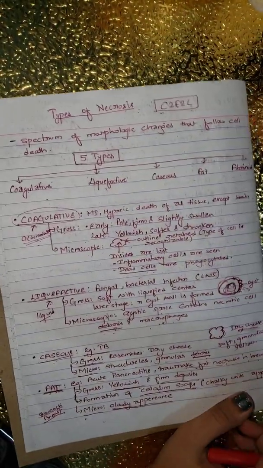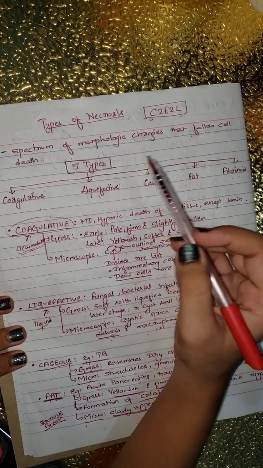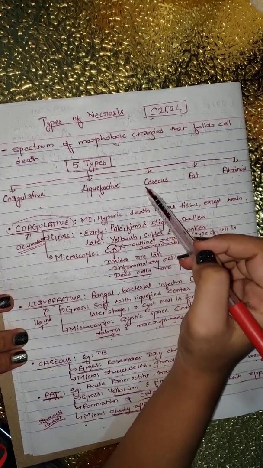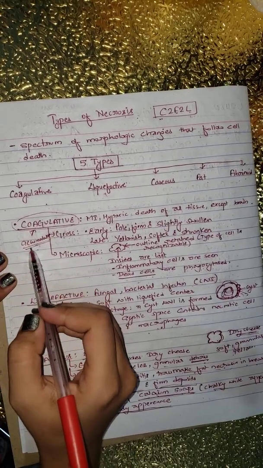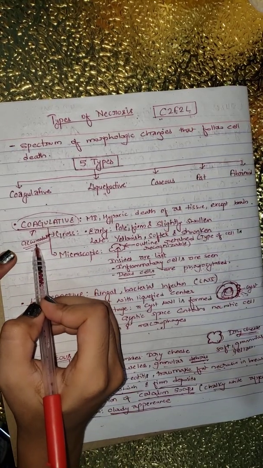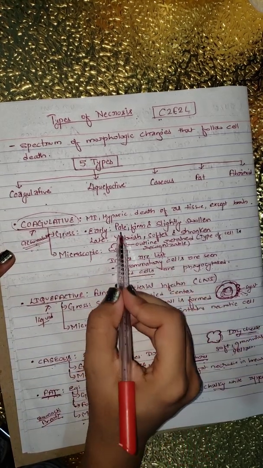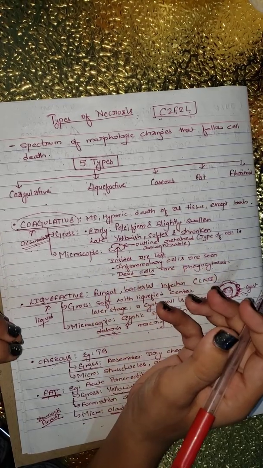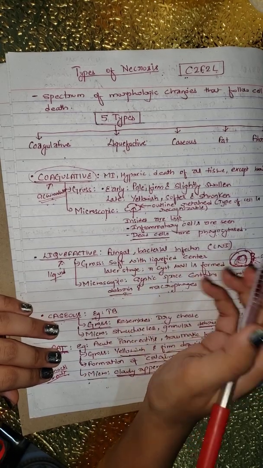I'm going to explain it again very shortly. There are 5 types: C2F2L: coagulative, caseous, fat, fibrinoid, liquefactive. Coagulative, we can remember through accumulation: the insides are lost and the outside is retained, and it is pale, firm and slightly swollen, but later on it is yellowish, softer and shrunken. And of course dead cells are phagocytosed, and